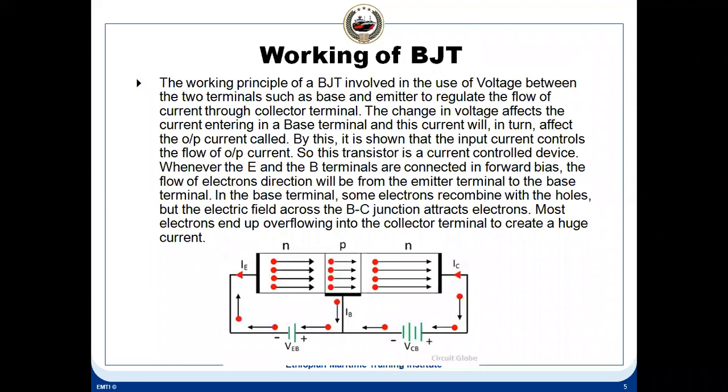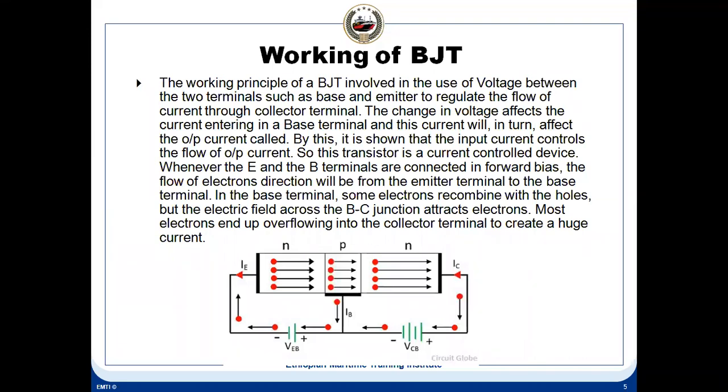We'll just touch upon the BJT. I hope you have not forgotten what we covered in the initial electronics classes. You see that this is a BJT diagram. The difference between the BJT and the MOSFET is that a BJT is a current controlled device, whereas a MOSFET is a voltage controlled device. Why is it called a current controlled device? Because a small base current can control the current flowing between emitter and collector.